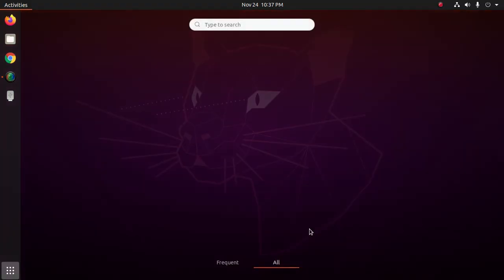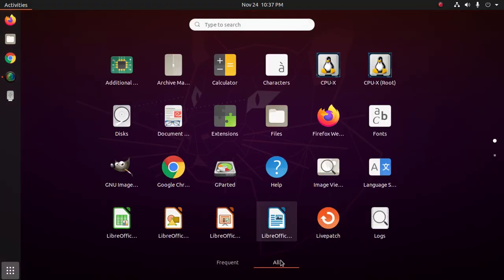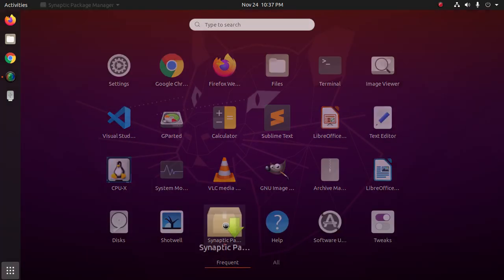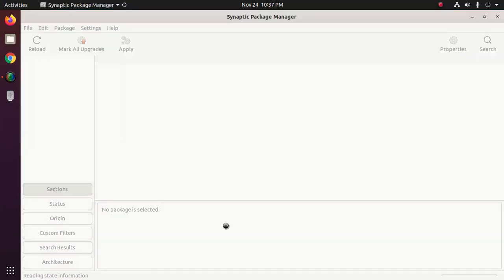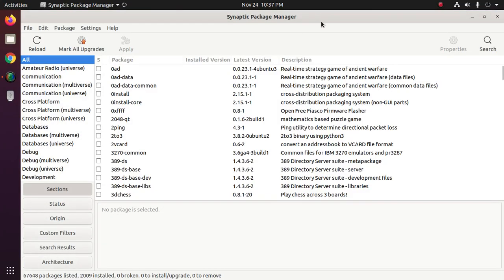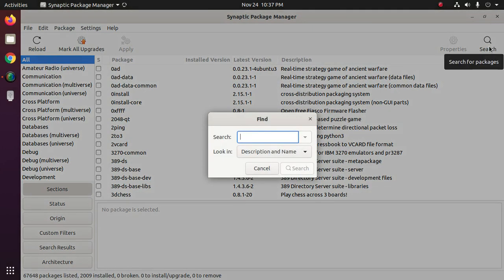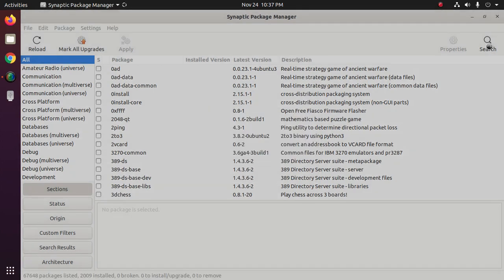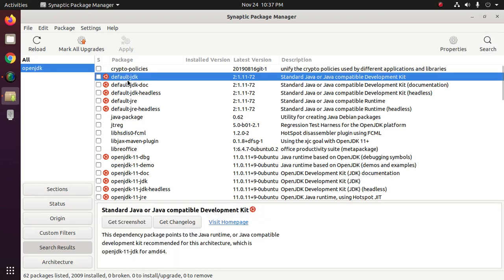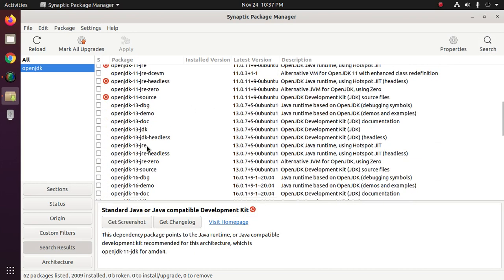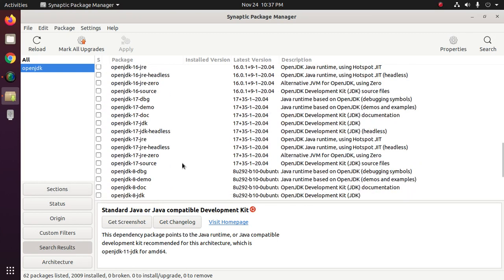Okay, open synaptic package manager. Okay, search here openjdk. Okay, scroll down and find